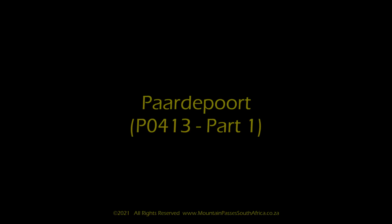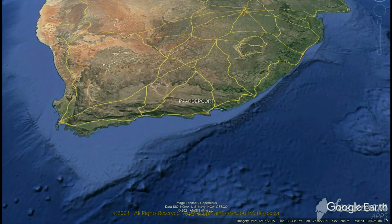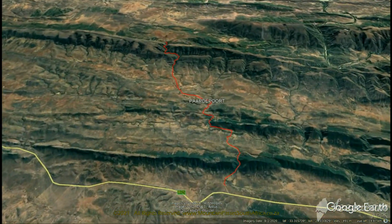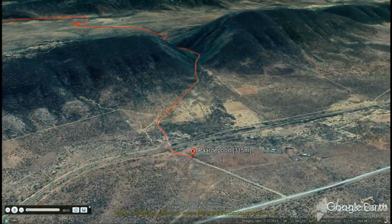Paardepoort, which carries the road number P0413, is a long gravel road connecting three distinct poorts that cut through the east-west running ridges just north of the R75 main road between Kirkwood and Janssenville. It services a number of farms and provides a lovely gravel alternative from Kirkwood to the Darlington Dam, and similarly